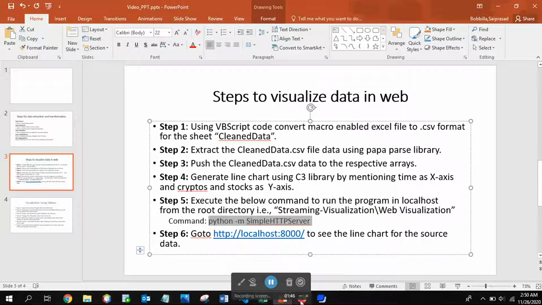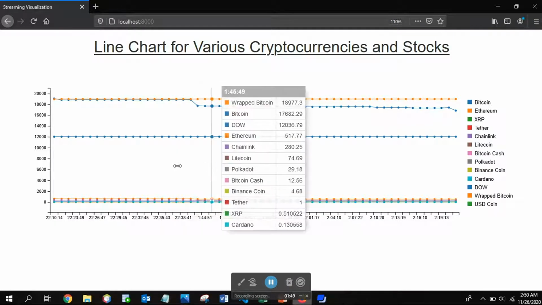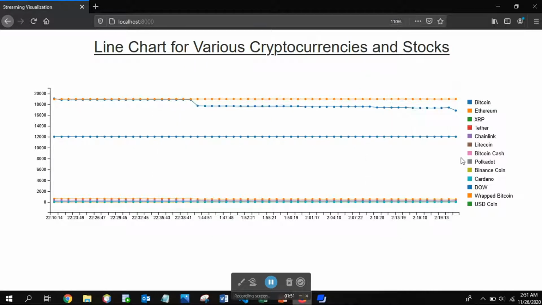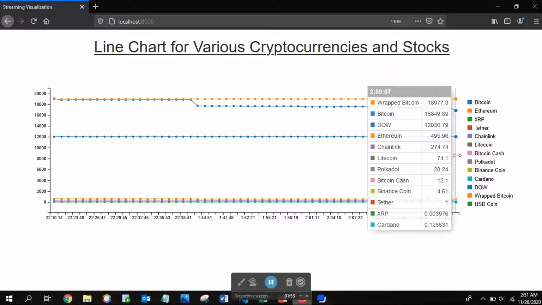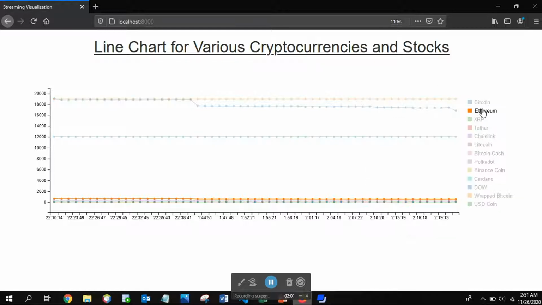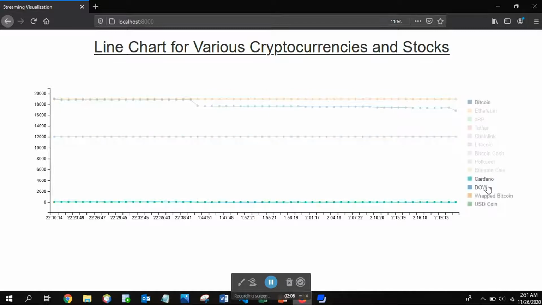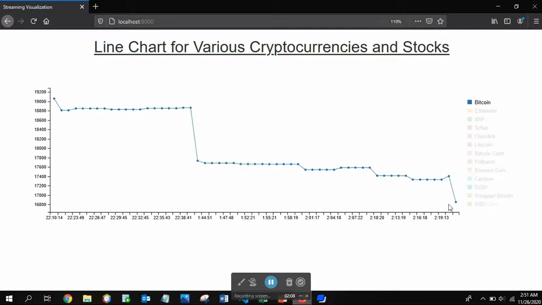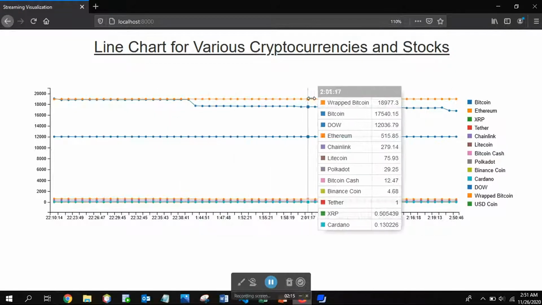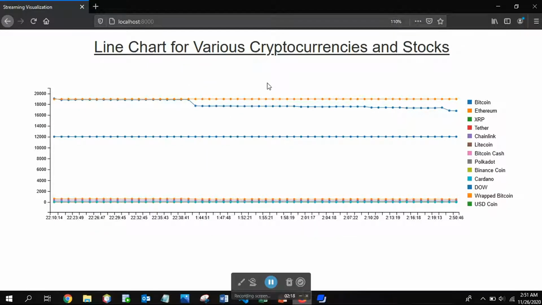So now I'm showing the demo. So actually here is the demo. For the time 250, I'm displaying all the prices for stocks and cryptos. If you'd like to see a particular crypto, then we can unselect all these things. Now I selected only Bitcoin, and here is the price for that, and the time is also displayed. This page will be refreshed automatically every 1 minute. That's it from my side.